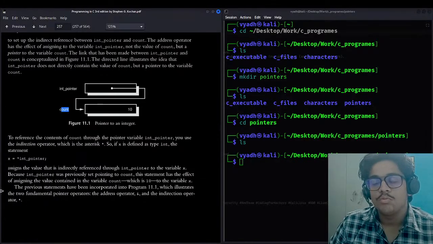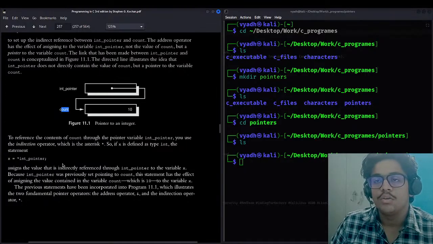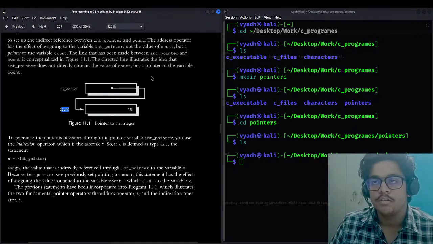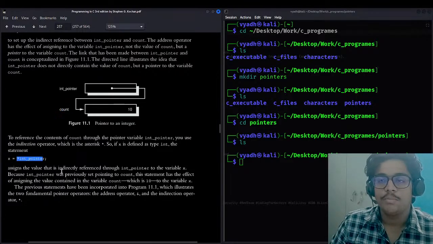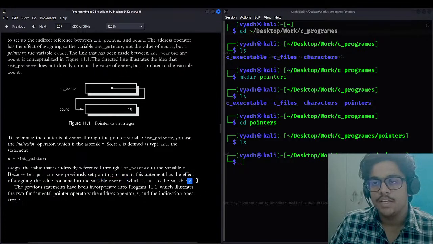Okay, so if you don't want to directly assign the value of count to x, what you can do, we have already defined that int pointer is a pointer variable to count, and we want to store the value of count in x. So you can just use the pointer variable here to assign the value of the variable count, which is 10, to the variable x.